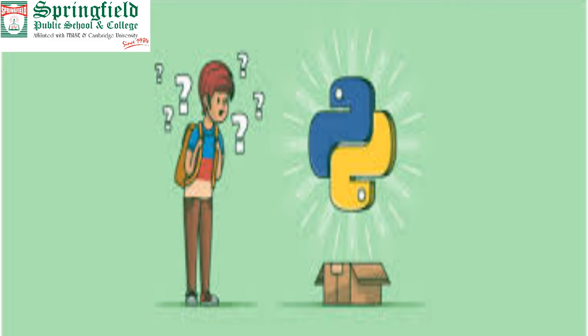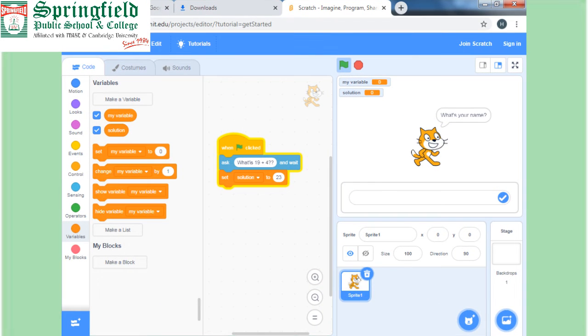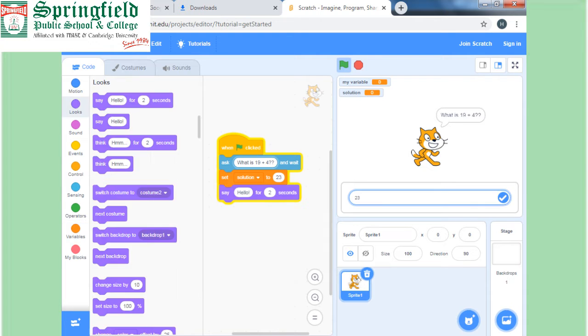In this programming we will define the variable with the name solution. Now the new variable name is solution. We have to select solution and then select for all sprites. In this way whatever coding we assign to solution will be assigned to all sprites, or just the sprite which we are using in our Scratch. Now in this way we make a variable.